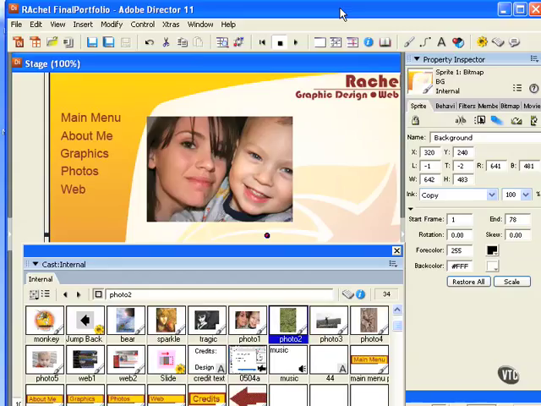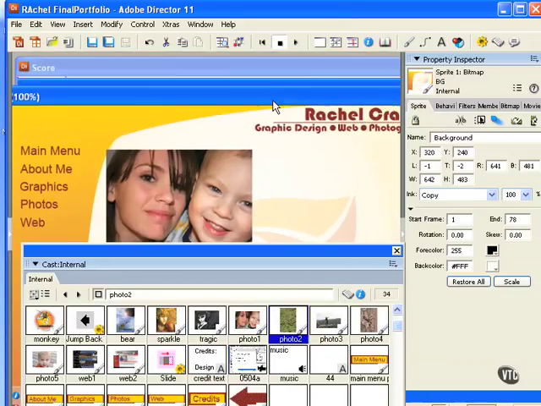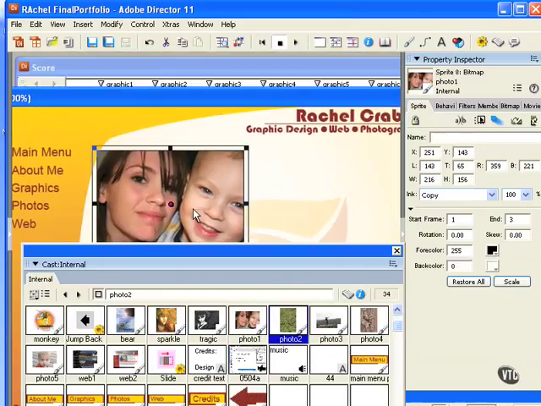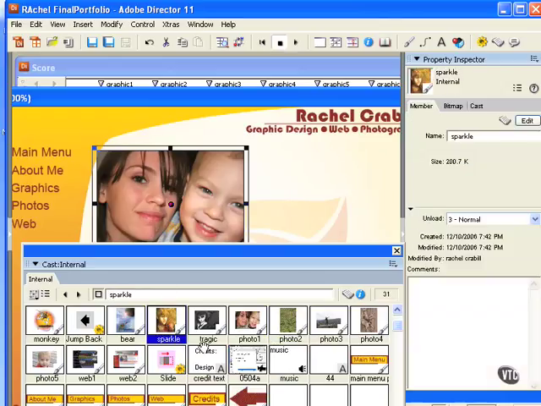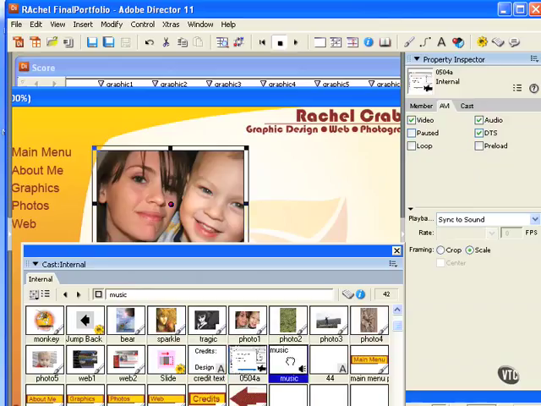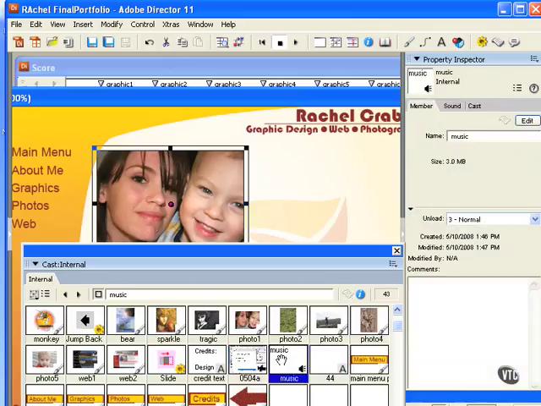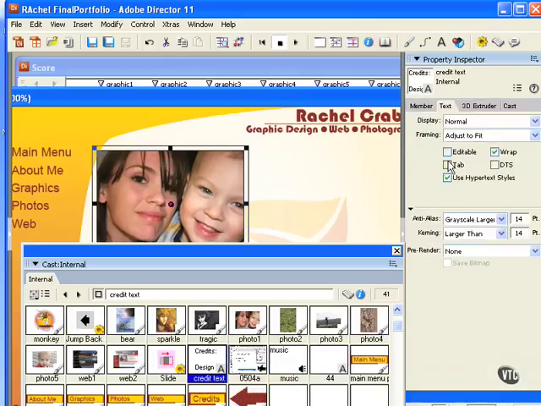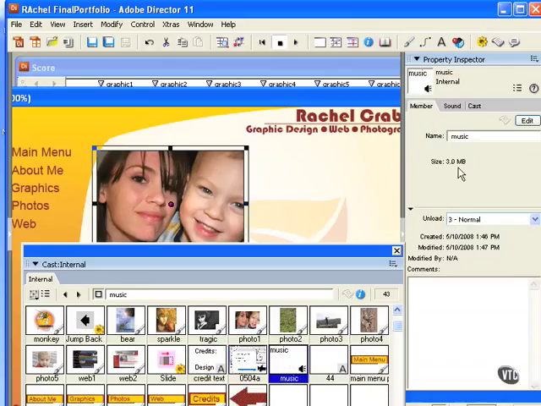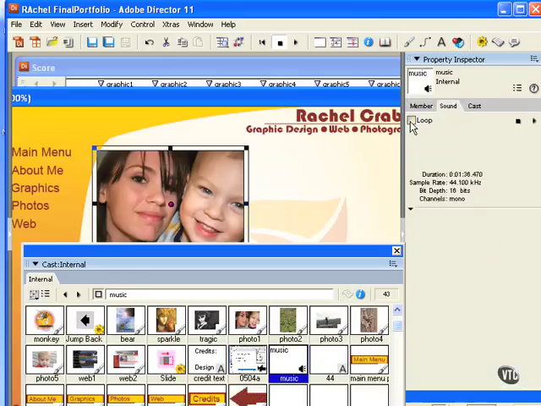the Property Inspector. In addition to cast members and sprites, the entire movie also has a set of properties. You can access these properties by clicking on the element in question, either here on the stage or in the cast window. Notice that as I change by clicking on different types of cast members or sprites, my Property Inspector changes. For example, when I click on a text element, I get a text tab. When I click on an audio element, I get a sound tab where I can loop the sound, play the